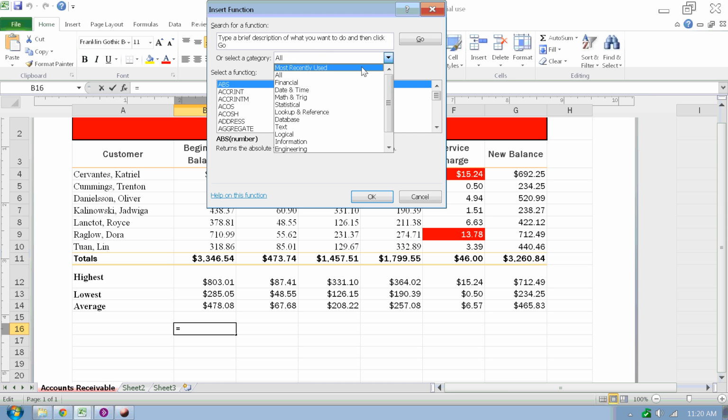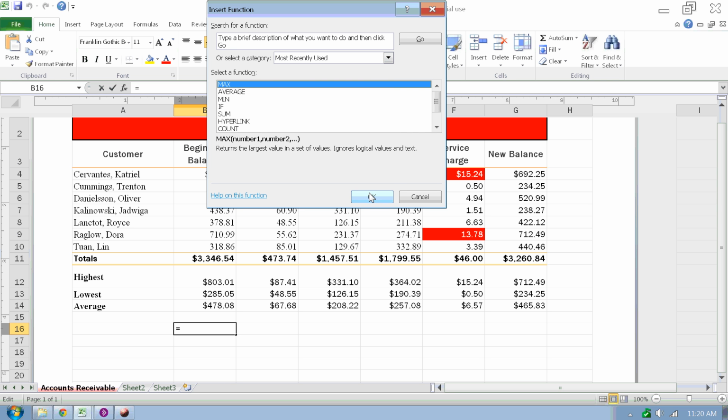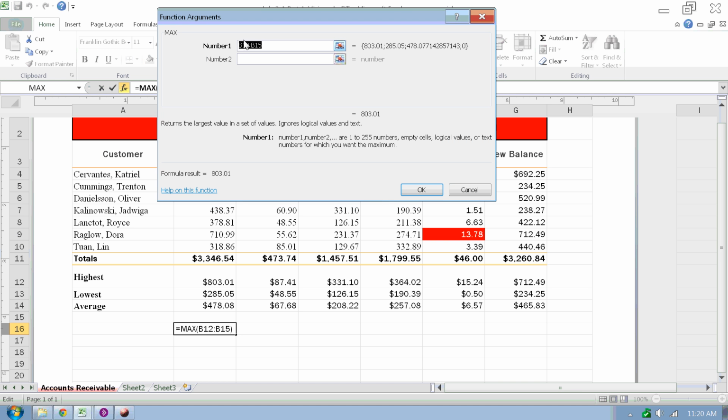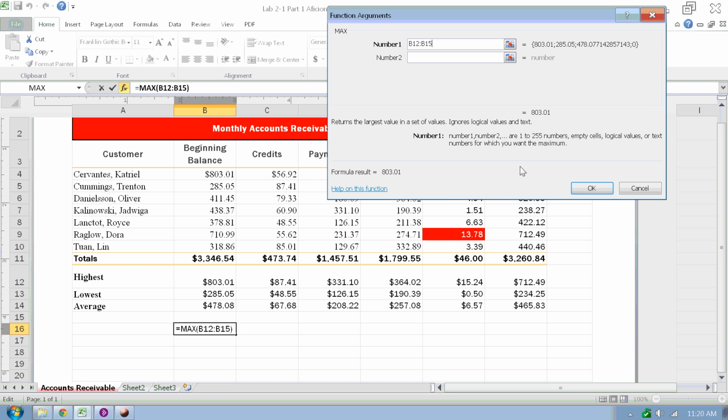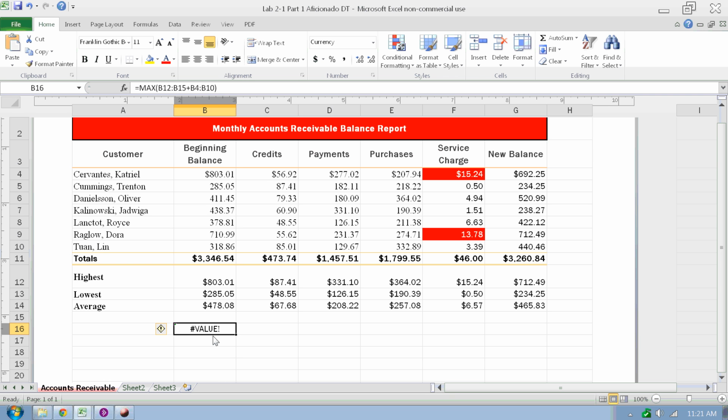Alright, so let's go to max. When you say OK, then it's going to ask for the cell range. And then you can either type it in or you can highlight the cell depending on what range you want. So for instance, we want to know the max of this group of cells, and so we would highlight them and then they would show up there. Then when you say OK, it puts the formula